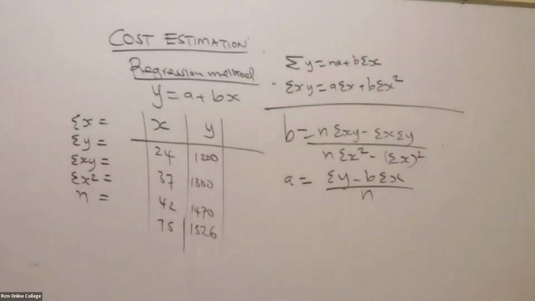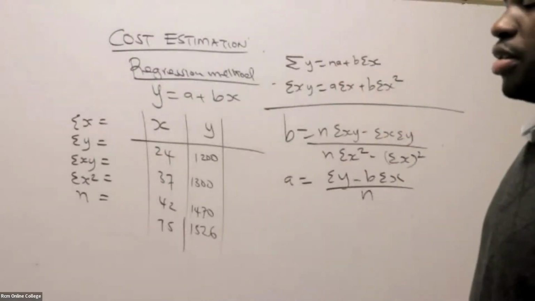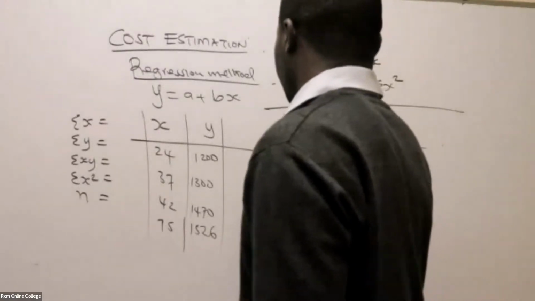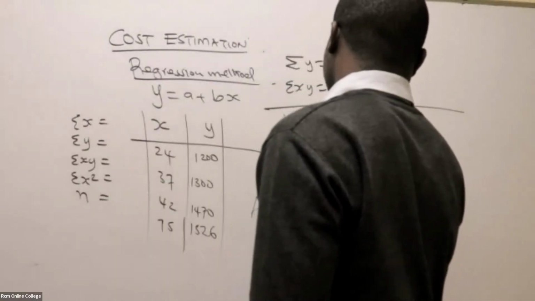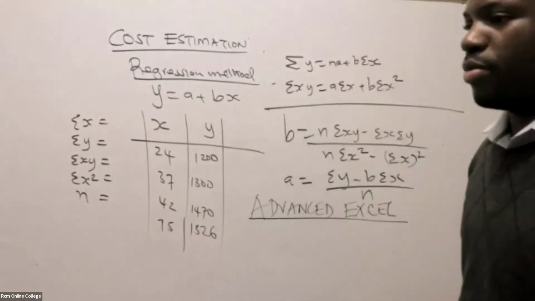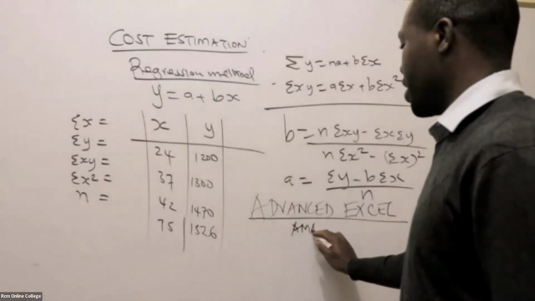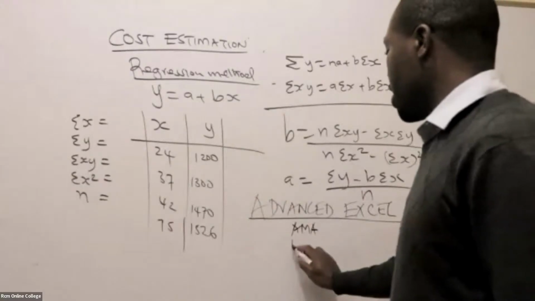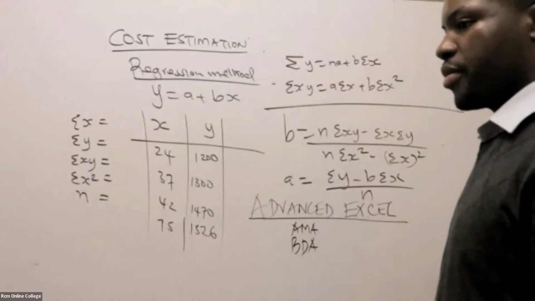Our students have been struggling. The common factor here is very simple. We call it advanced Excel. If you don't have advanced Excel, look at the problems that are waiting for you. Number one, advanced management accounting will be a disaster. BDA will be a huge problem because in BDA,